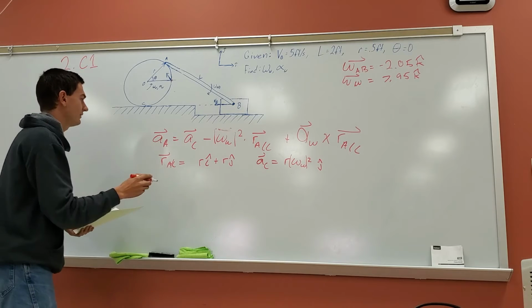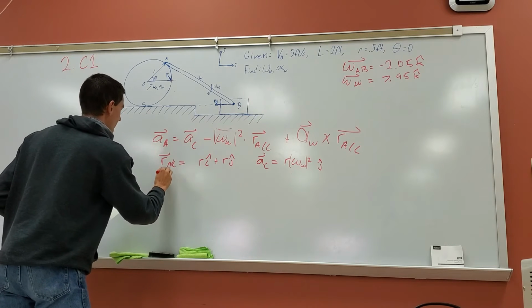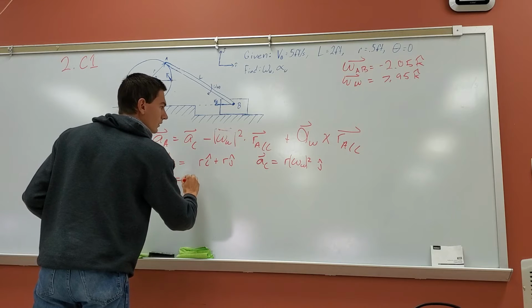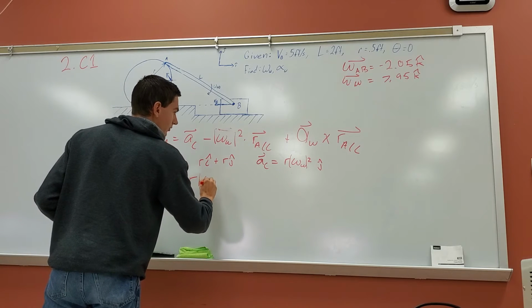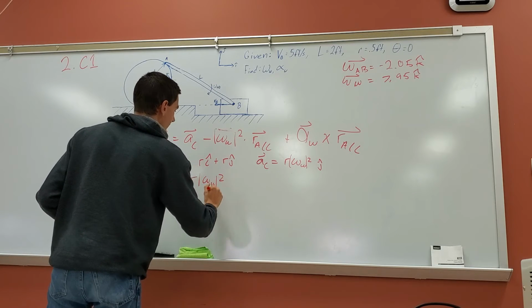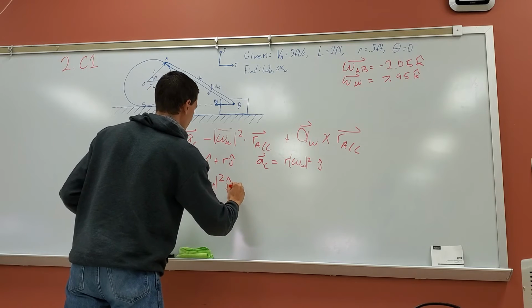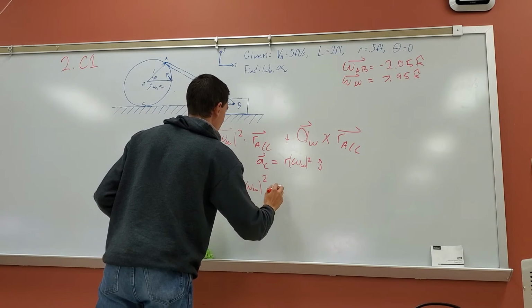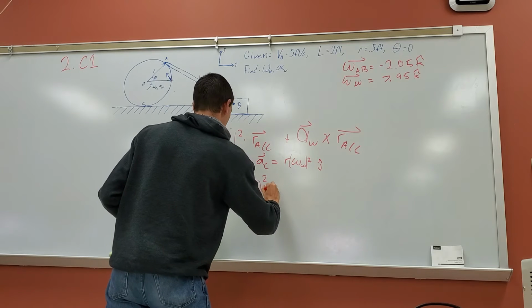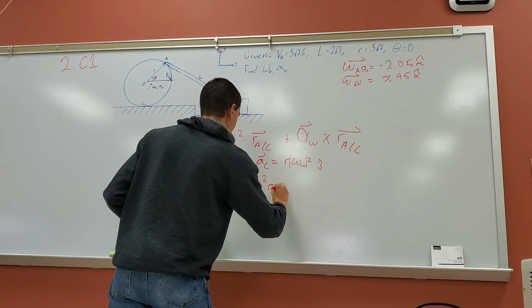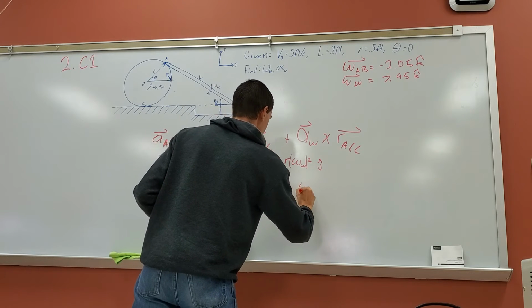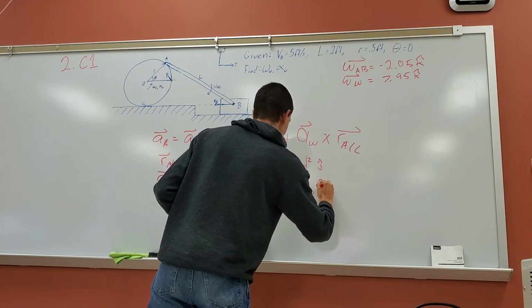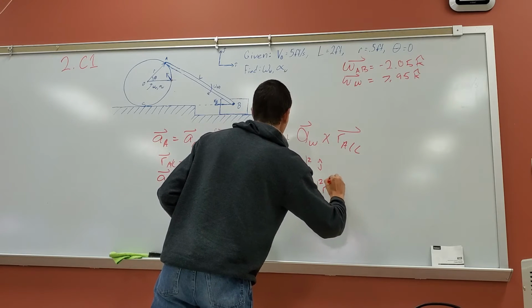So, summing these in, we end up getting A is equal to r omega squared in the j hat direction minus omega squared r in the i hat direction minus